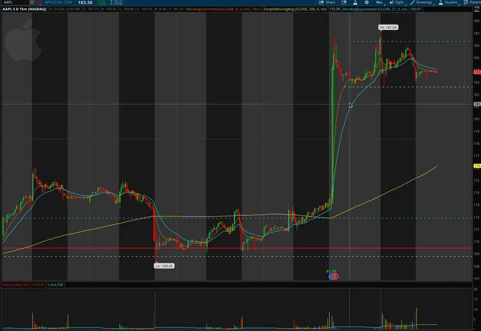Over here we have Apple on a 15-minute chart. You see this huge post-market jump right here. So this was news, and we're going to use that news as a catalyst for our trade, and that is why we chose to trade Apple. It was a huge gap up due to a record, I think, $110 billion buyback. So we're using that catalyst, and it's a trade that I really like to make: looking for gap ups